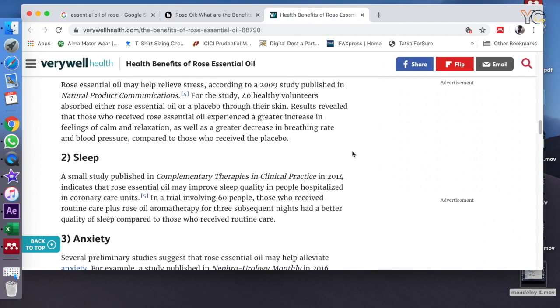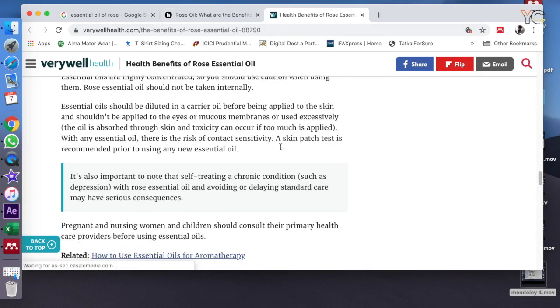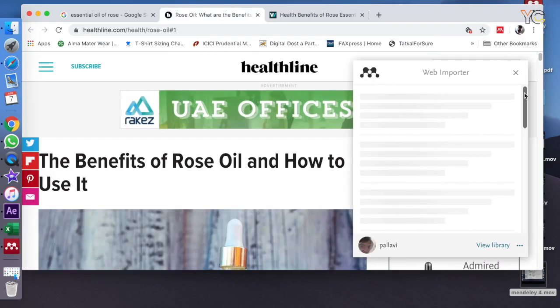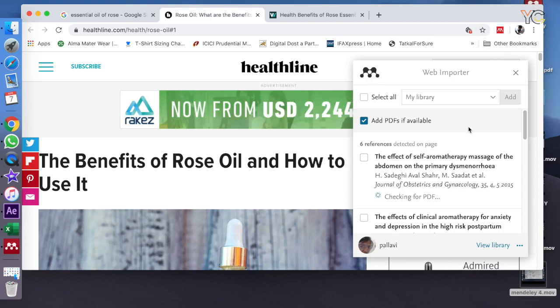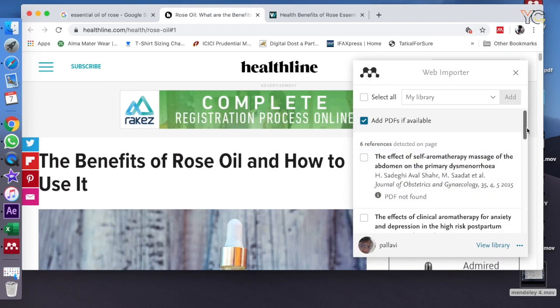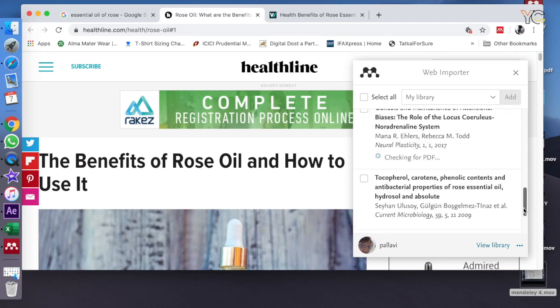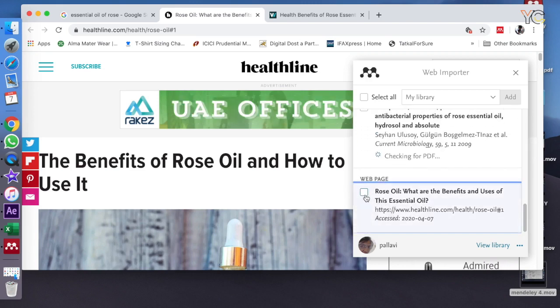And if you find any article very important in these random searches which we always do, you can save these articles using a web importer, or any article, even including your research articles that are not present with the literature search service in the Mendeley, you can search them on Google and then you can import the details. Like here, if I am searching the effect of aromatherapy, there are certain references. It has also detected the references from the page, right? So yeah, the web page is this. I can import this,